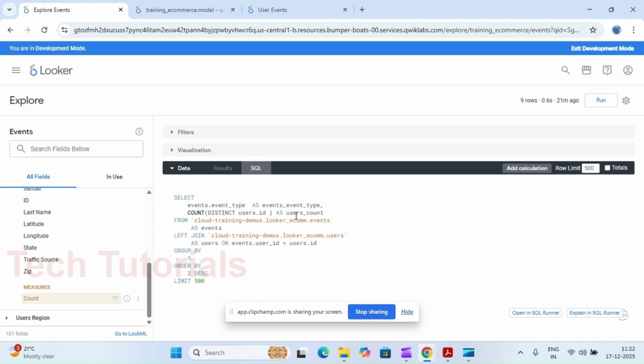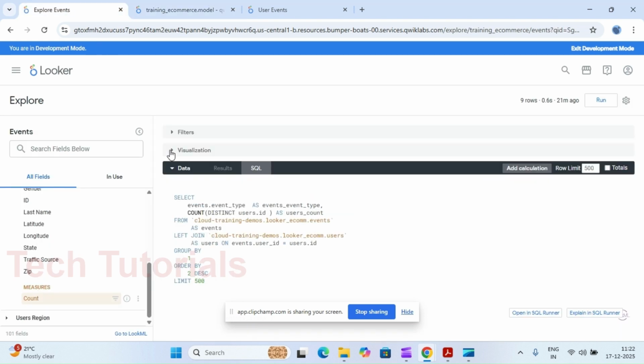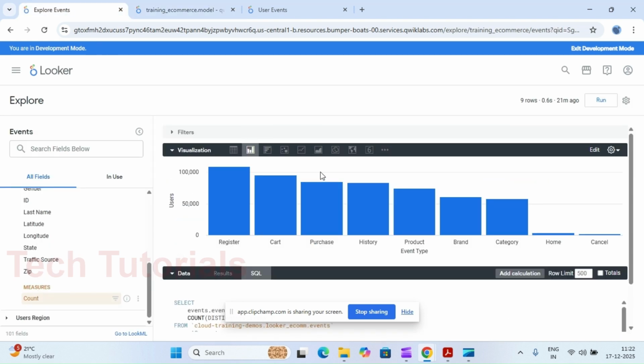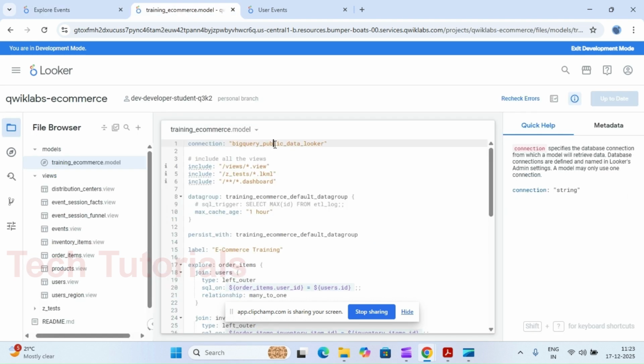What is the database we connected in the backend? We can see here the connection we provided. It will push the query to the backend database, run it in the database, and return the result to Looker. Looker then visualizes this data based on the kind of visualization we selected. So the connection is the foundation. Without it, nothing will work. If the connection fails, or if you have a bad connection, or if the credentials are not